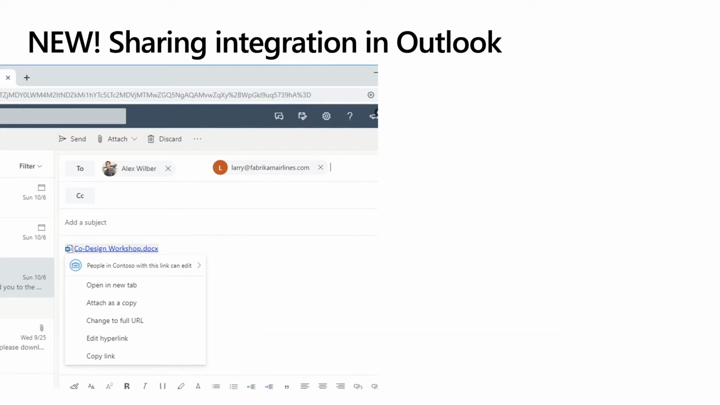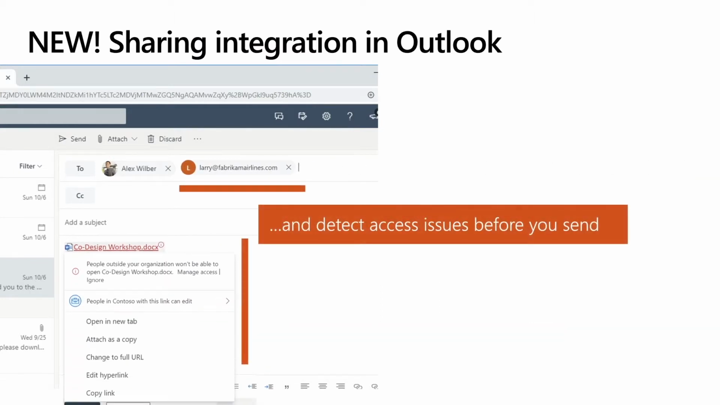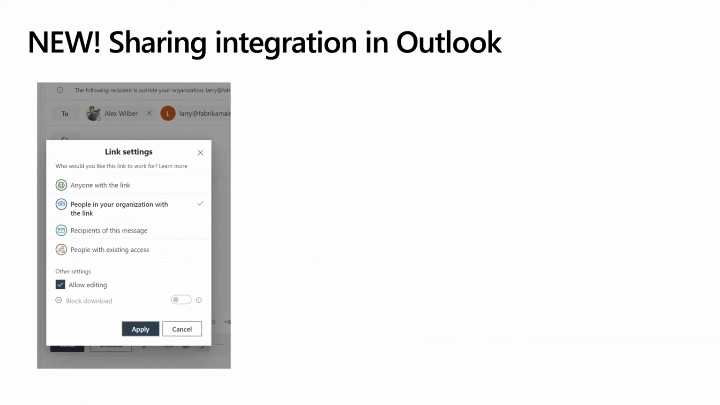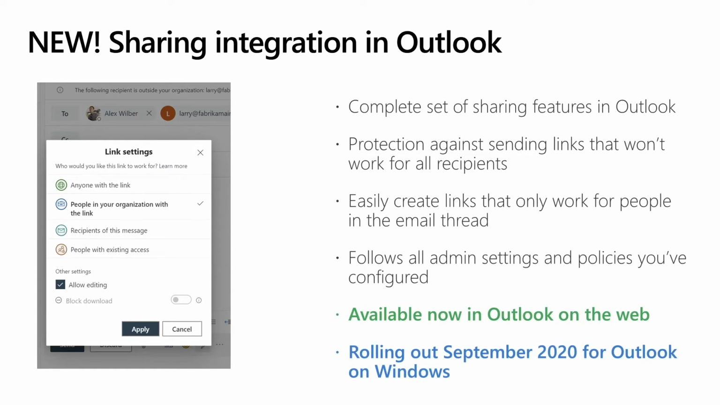And then crucially, as I demoed, it's able to detect access issues before you hit send. And this is great because it allows you to avoid those sometimes awkward follow-up emails when you send a broken link and you have to send a link that actually works for everybody that's on the to line. And the way that you fix these issues is, again, with that same sharing experience that you're already used to that appears across Microsoft 365. It's been available for about a year on Outlook on the web,